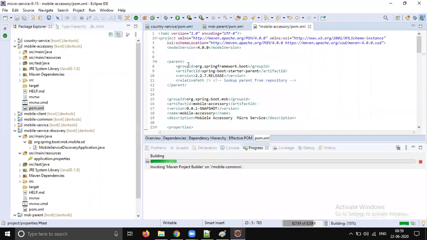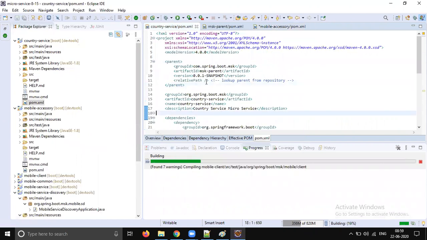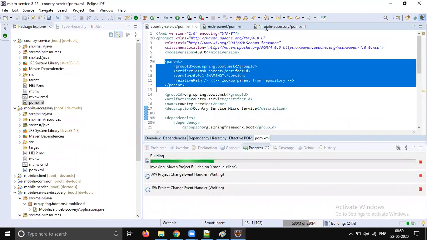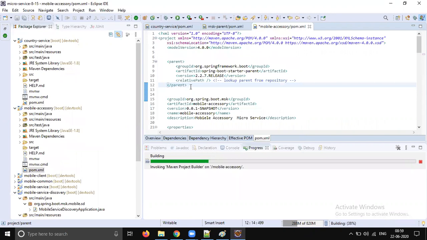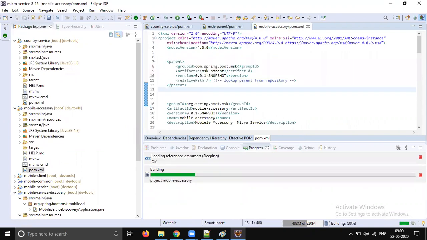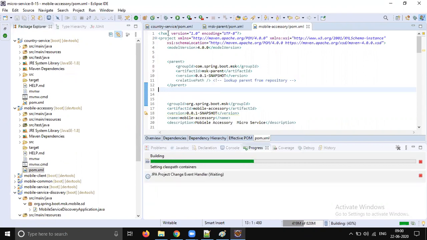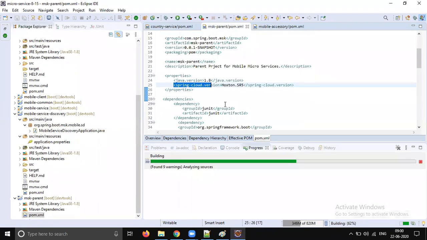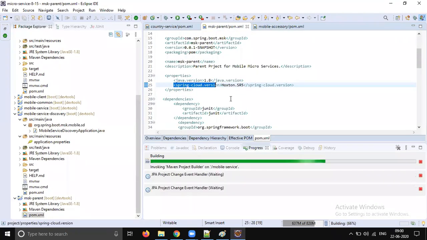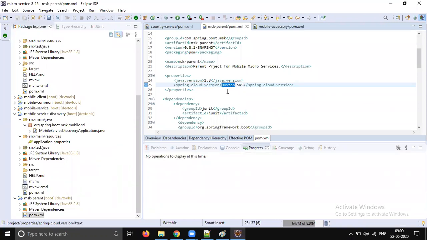One question: we are giving this version, so how do we know which Spring Cloud version is the correct one, because there might be so many other versions? I see one version, Greenwich something. No, you should go with the latest. Hoxton is the latest. Yes, that is what I was saying. We need to go to the Spring Cloud project specification on spring.io, go to Learn, and you will get the corresponding version.